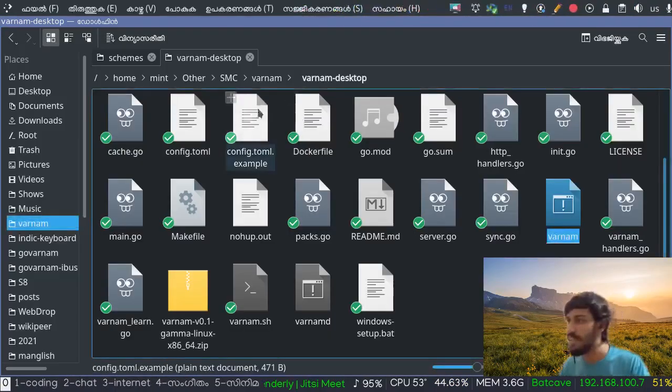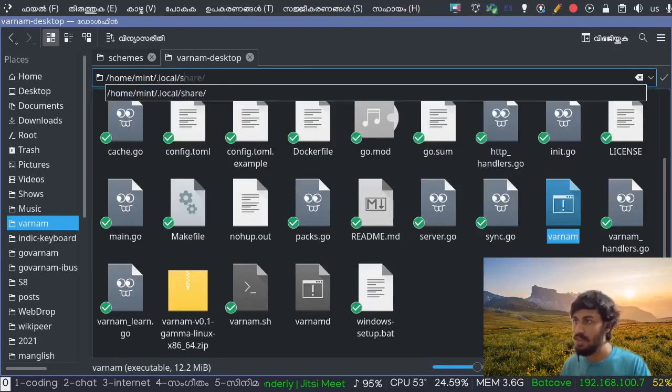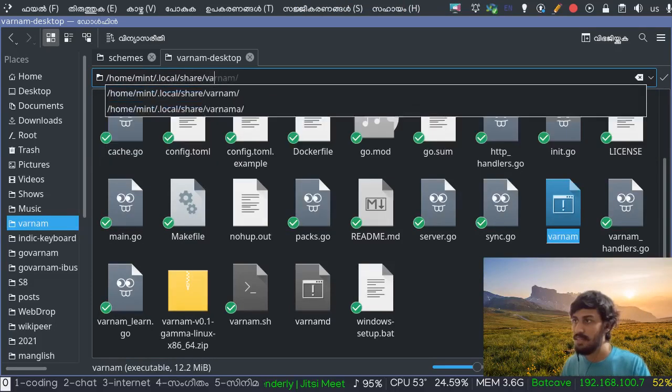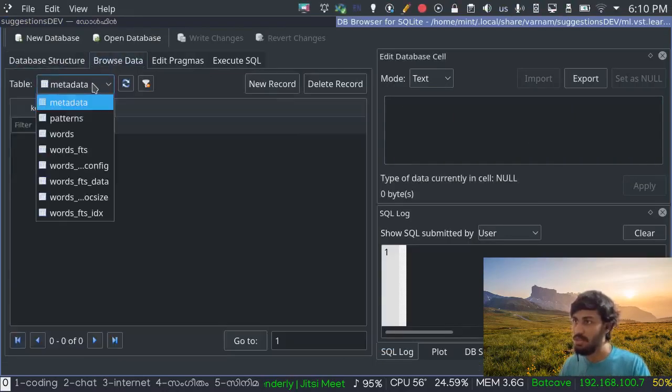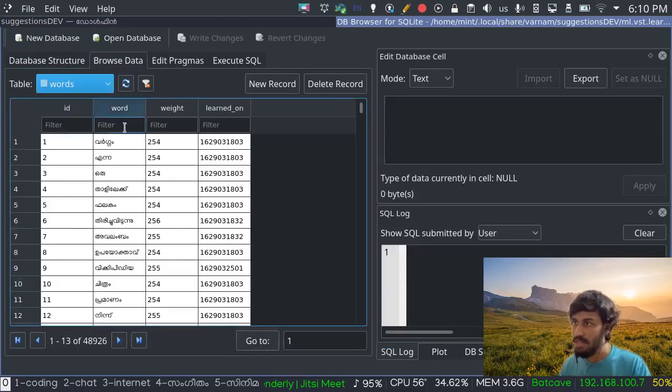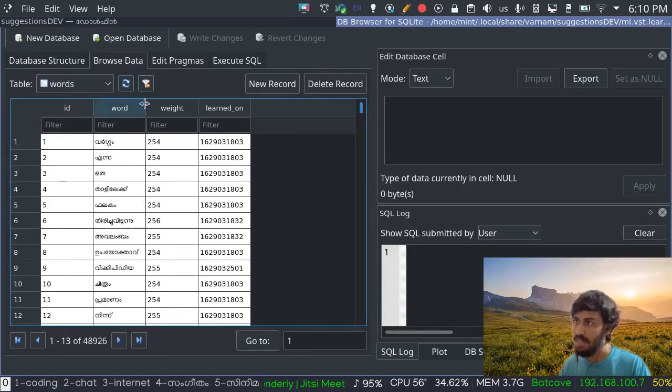I think I can show the database maybe. I think that would be much better. The database is stored in .local/layer/varnam. Let's say an example. This is the database here. I want to just store the words database. So these are all the words in the dictionary right now. There are many words right here.